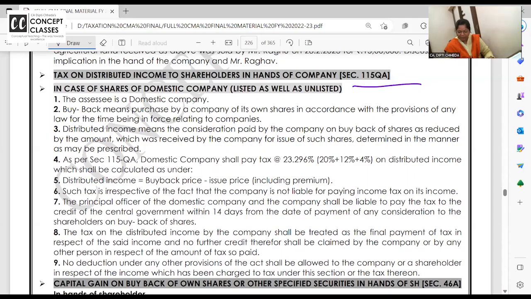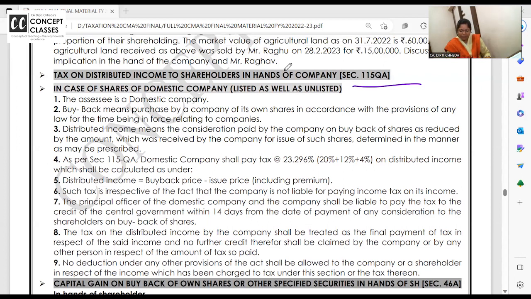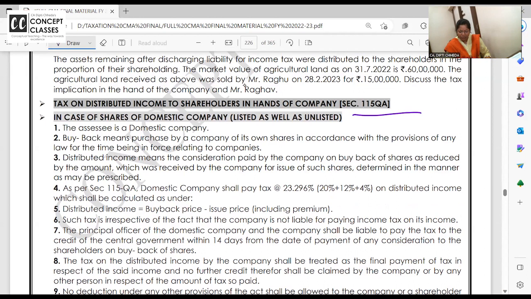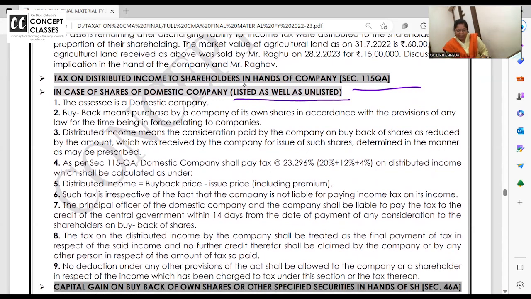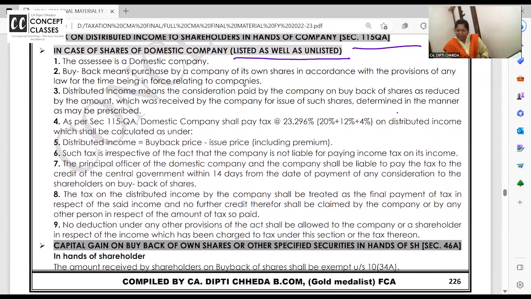Let me read it and it will be very clear to all of you. In case of shares of a domestic company, 115QA, listed as well as unlisted, please remember. XYZ is a domestic company. Buyback means purchase by company of own shares. Distributed income means consideration paid by company on buyback of shares as reduced by amount which was received by company for issue of the shares. Domestic company pays